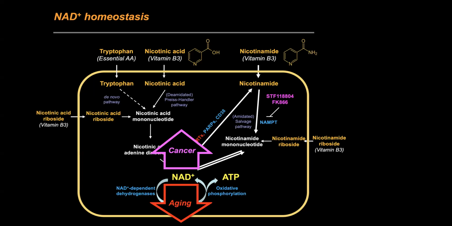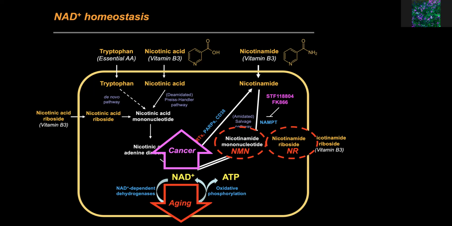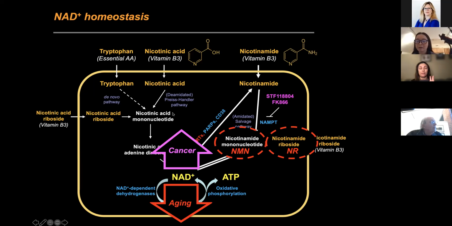Therefore, a number of NAD-boosting supplements, NR and NMN, which I believe many of you must have heard about, have been actively promoted by the nutraceutical industry as anti-aging supplements. One thing you may notice already is that all these manipulations are focused on the salvage pathway. This is because a paradigm in the field is that the salvage pathway is the main cellular source of NAD in mammals, whereas the Preiss-Handler pathway is just a minor pathway, not important.